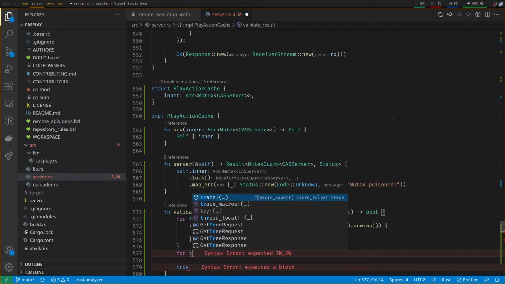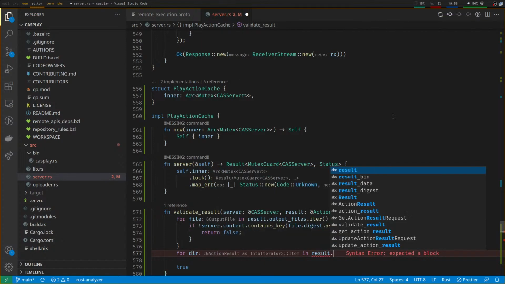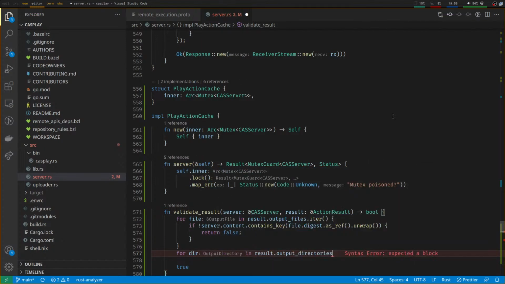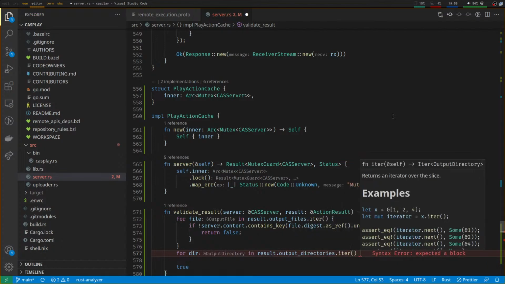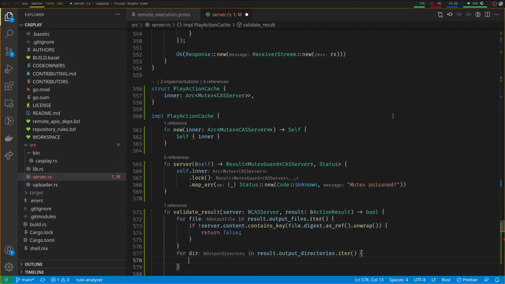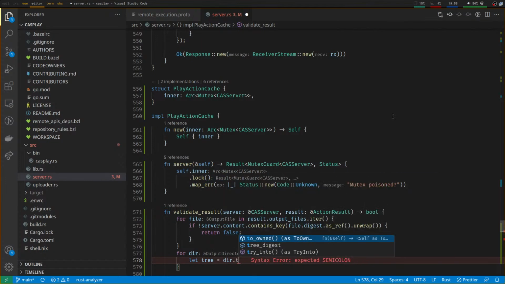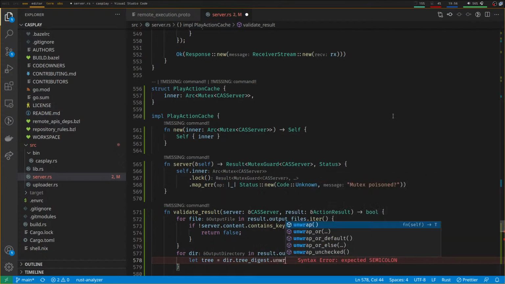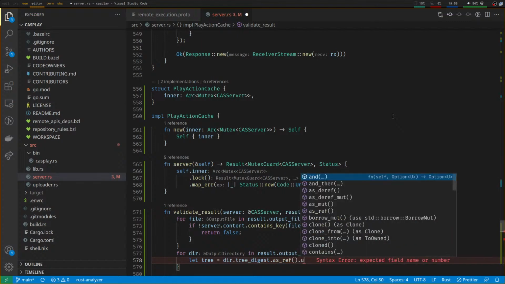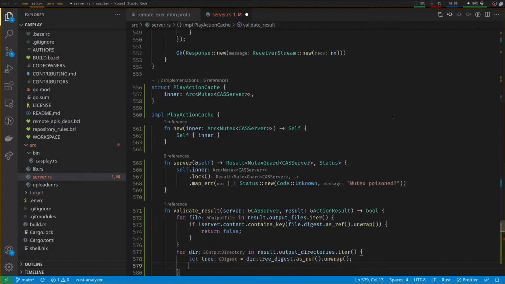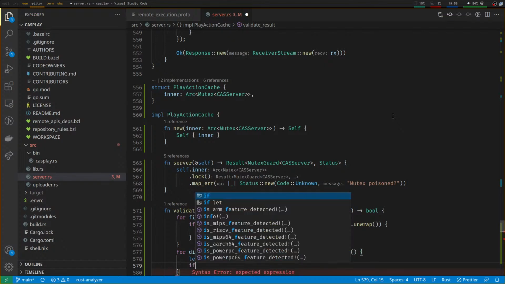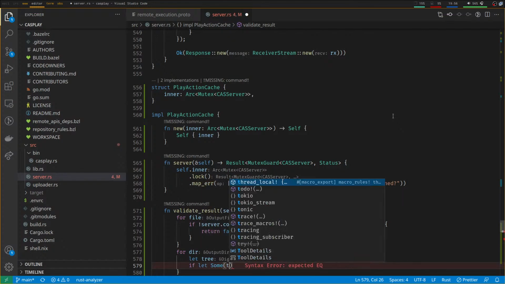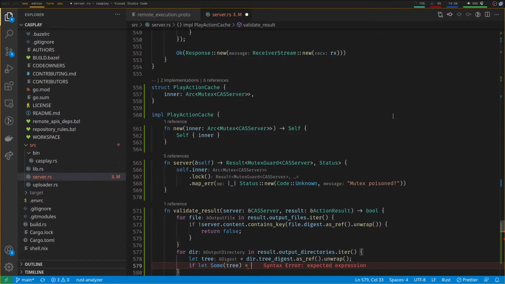For tree, well no, let's go for dir in result.output.directories.iter. Let tree equal dir.tree_digest.as_ref().unwrap(). So we've now got a tree digest that we need to look up. If let Some(tree) equal content get